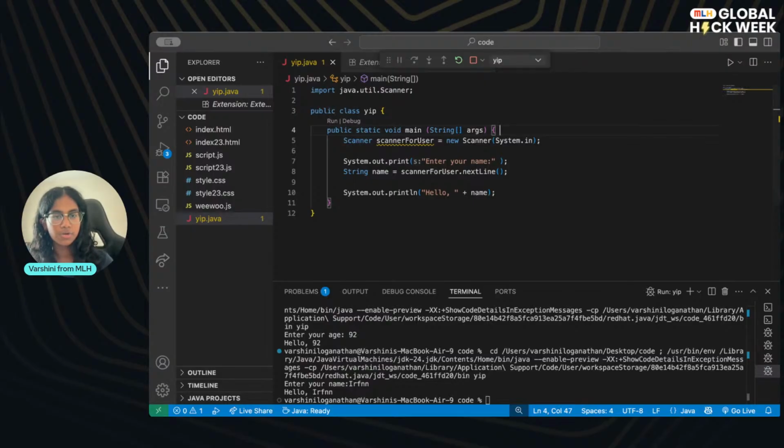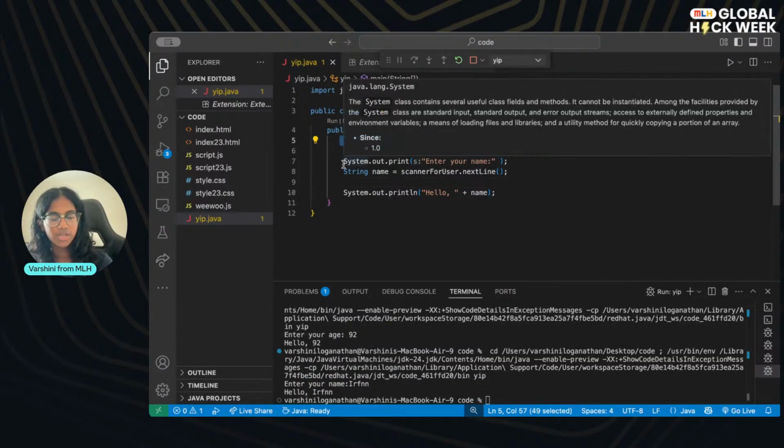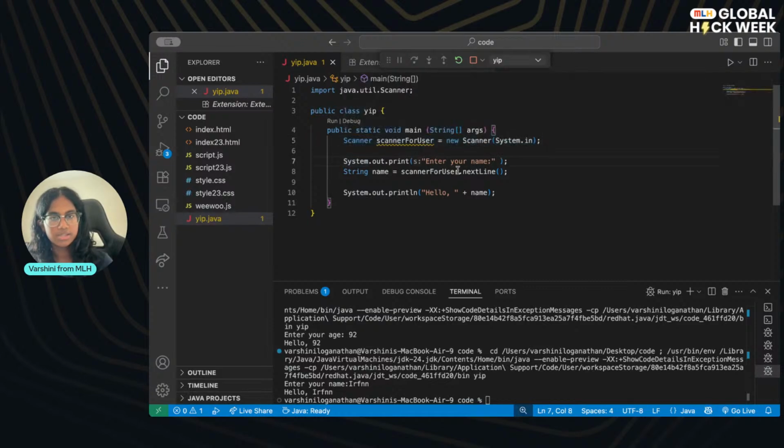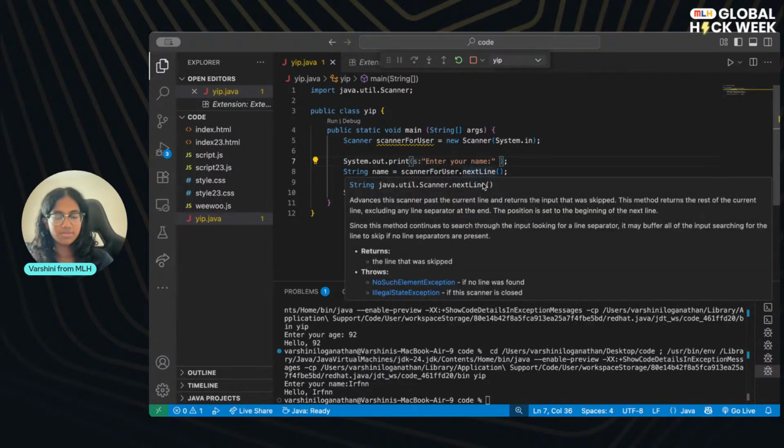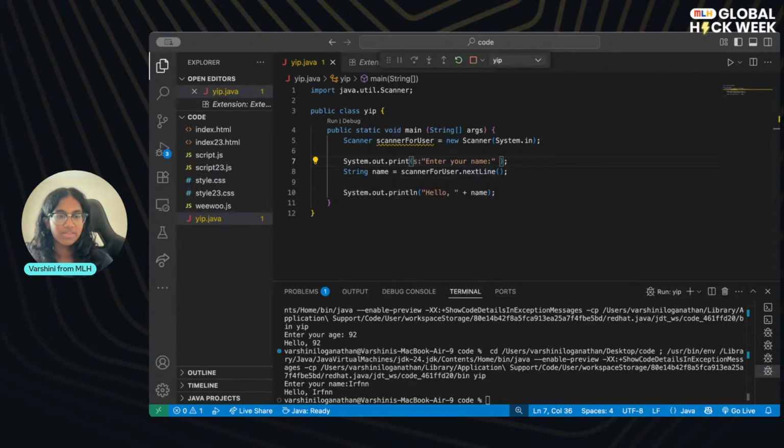So let's go over the code really quick just to understand what it does. Here we created a scanner that reads from the keyboard of the user. Then in this nextLine method, we're waiting for the user to type something and then press enter. We store that input in the name variable and then we print hello. Feel free to mess around with it. We asked it for the age and we can do anything else. So that is a little bit about getting user input.